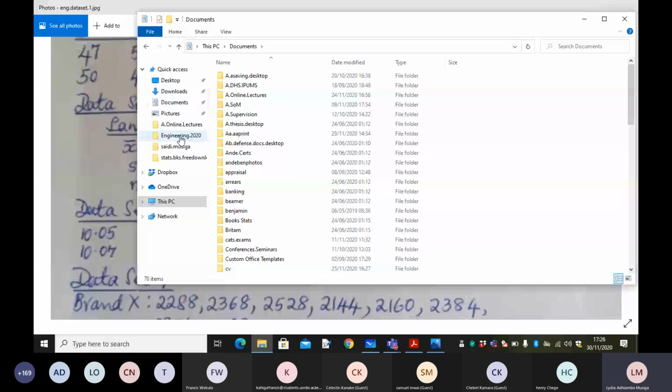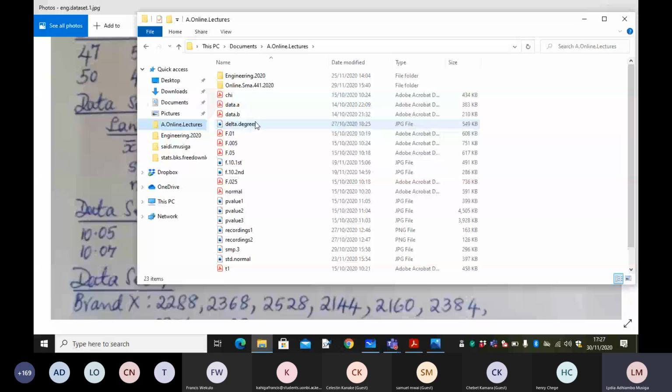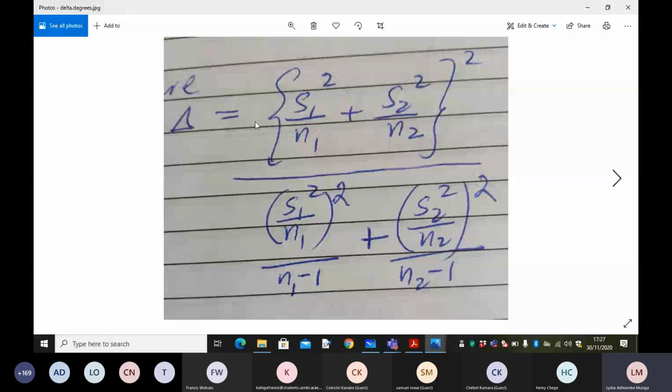Where is delta? Yeah, there. So we need to substitute there. S1 squared, we shall put what? 84.7 squared over N1. N1 is 14. What is S2 squared? 38.2 squared over N2. N2 is 6. And then we need to square all that. Divide by